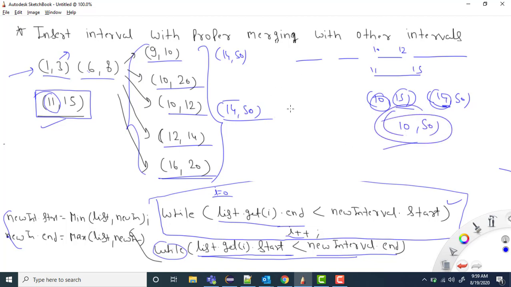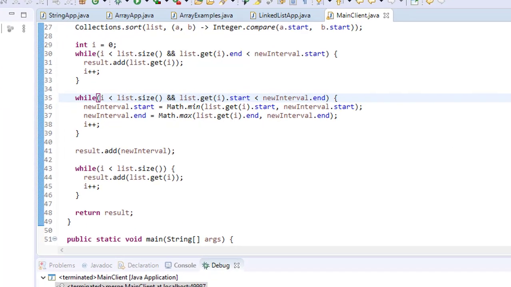Even if we have the next value, like 70 to 80, this is not overlapping, so in this case we'll move from here, and then whatever pending values we have, even 90 to 100, we can simply add all these values, right? So this is how we can merge all these values. Let me show you the code as well, so that you know how we are doing it.